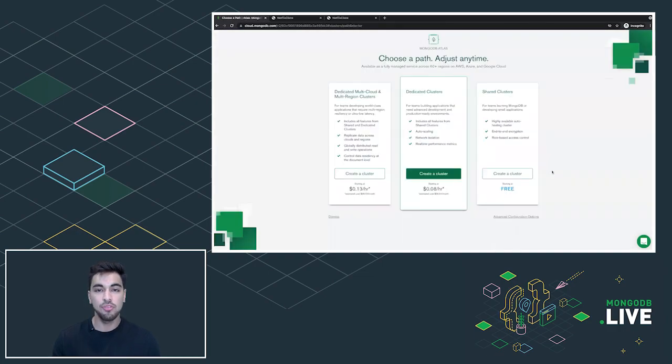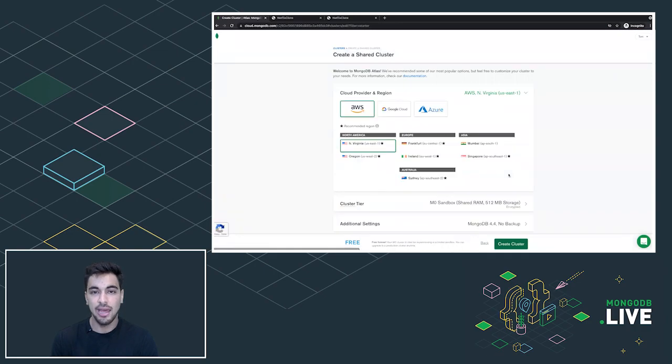Now we're faced with a few different avenues that we can go down. For what we're doing with Atlas Search, we can do all of this on a shared free tier cluster off to the right. So I'm going to click on create a cluster on the rightmost column. And you'll see that now we have an Atlas configuration page. Here we're faced with a combination of cloud providers and regions that we can spin up a cluster with. I'm going to select AWS in North Virginia. However, feel free to choose any combination that you're most comfortable with.